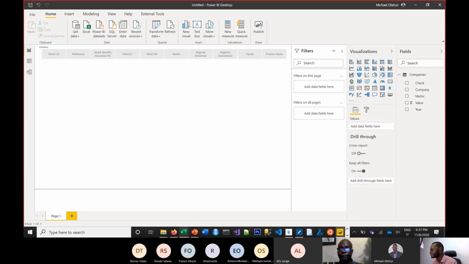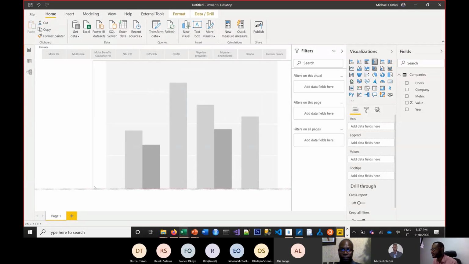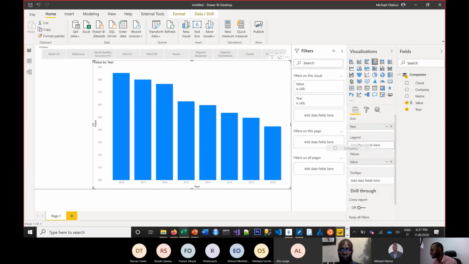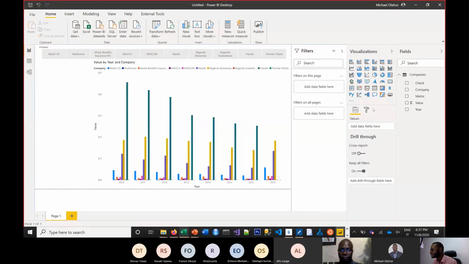And then I just throw in a bar chart, a column chart, a clustered column chart. This one. I'm throwing a clustered column chart. Then I throw in year on the axis. I throw in value to value. I throw in company to legend. And then I'm going to put another